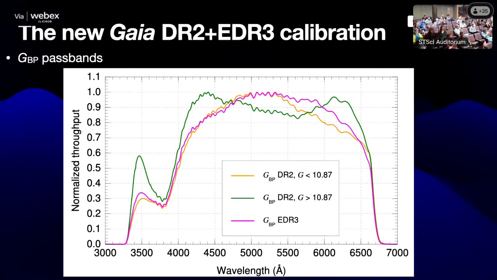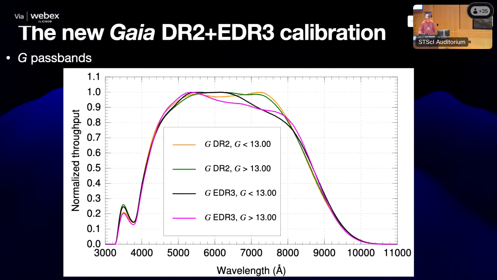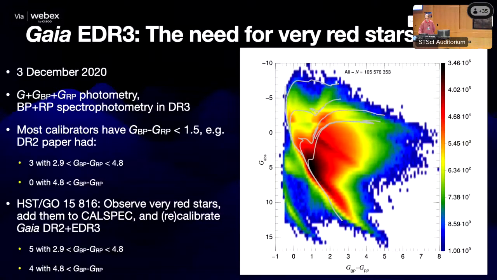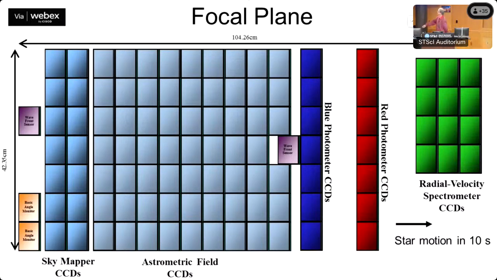No, this is most likely an electronic effect. So the point is, remember what I showed you about, let me go this way. This is how Gaia works. Stars are detected here as they enter the detector, and they have an estimate of the magnitude, and depending on that, the data is processed electronically differently, right?